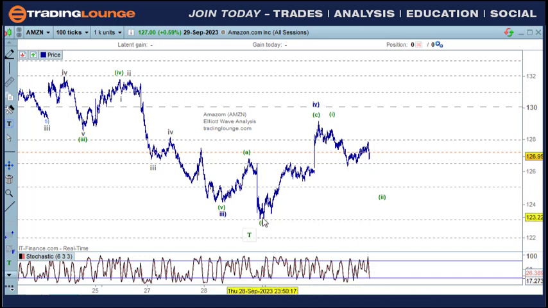That's possible based on this 1, 2, 3, 4, 5, because I don't really have a nice B wave here. I've got this here, but I've got wave 4 here, down to wave 5 here with 1 and 2 and 3 and 4 and 1, 2, 3, 4, 5 here. It's okay, but I'm not convinced enough to put money on this particular structure, or this structure here, because of